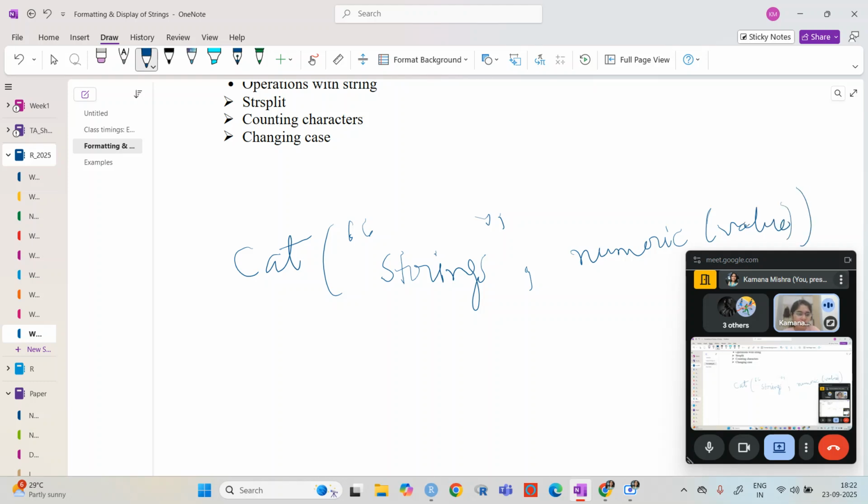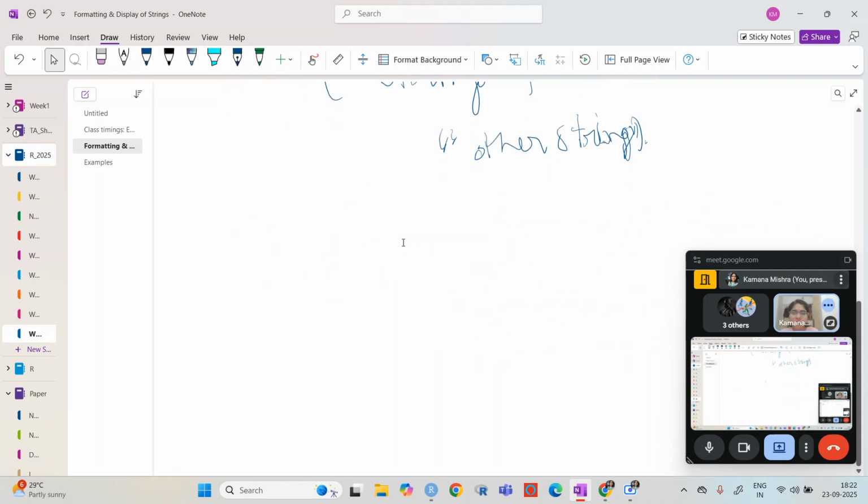So that is basically what you need to remember. And then if you want to put some other string, you can put some other string, etc. Okay, so let's say I want to write that